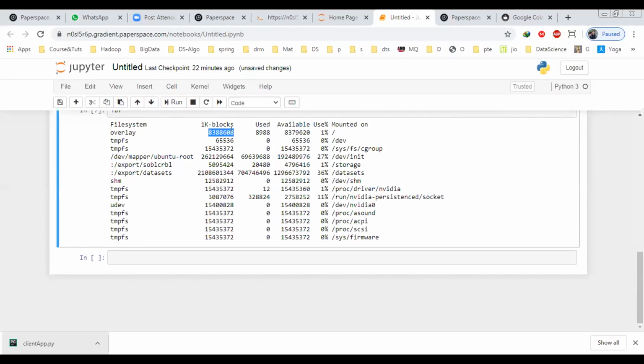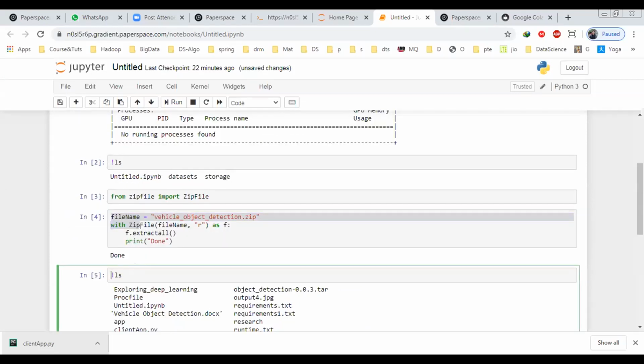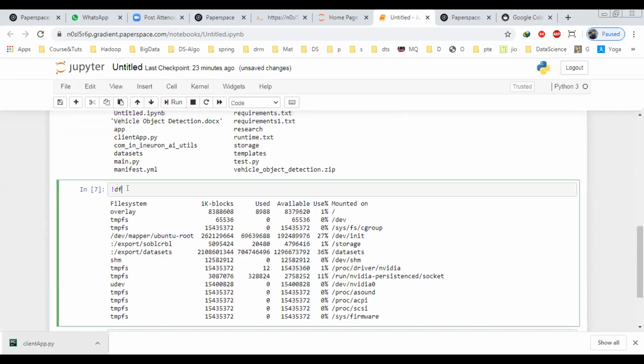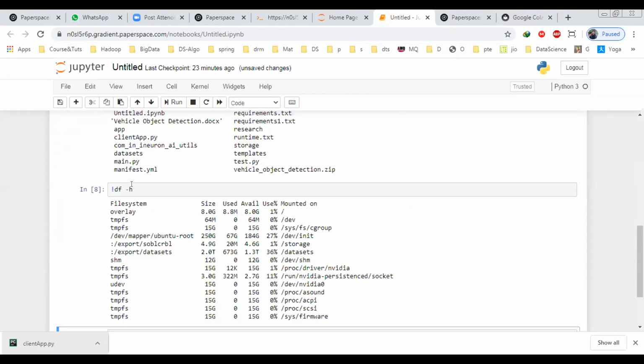Okay, df -h, Rajesh said. Yes, df -h. Let me check. Actually, controlling this way is very tough. Okay, so it is saying that 8 GB is available, and you have just used 8.8 MB. So you have this much space. It is more than enough to test one project. The rest will depend upon your internet settings, how fast your internet is.